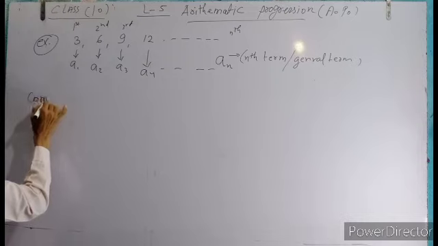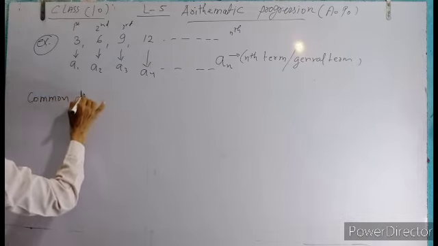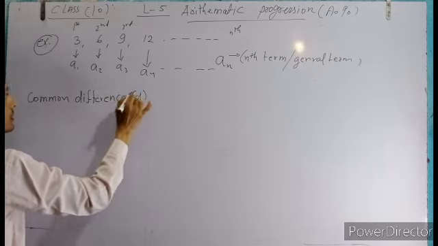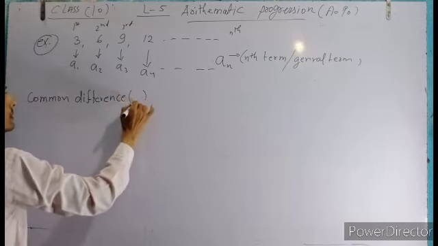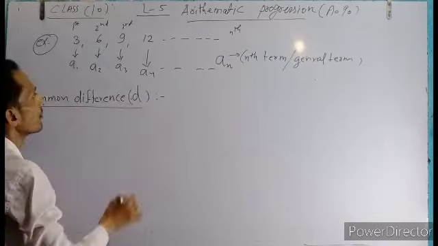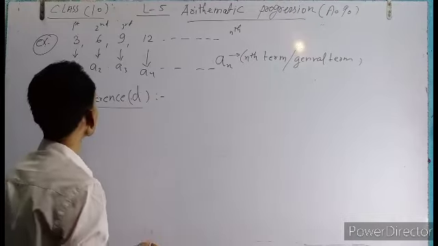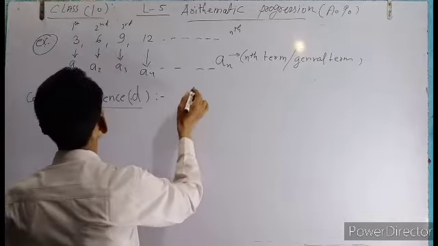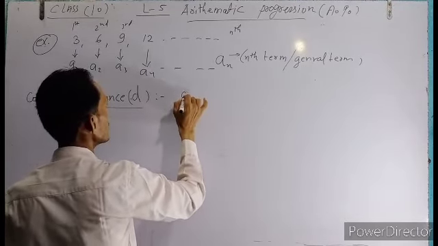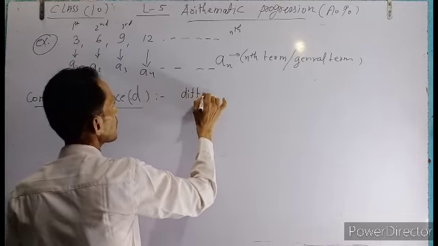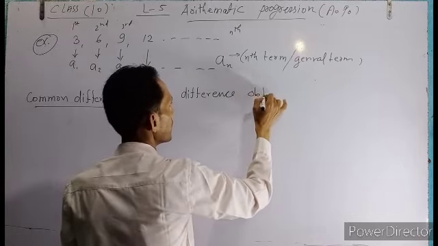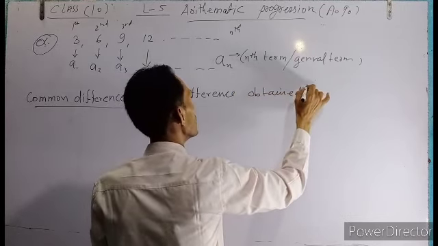So what is the common difference? The common difference is represented by D. Common difference D is defined by the difference obtained by